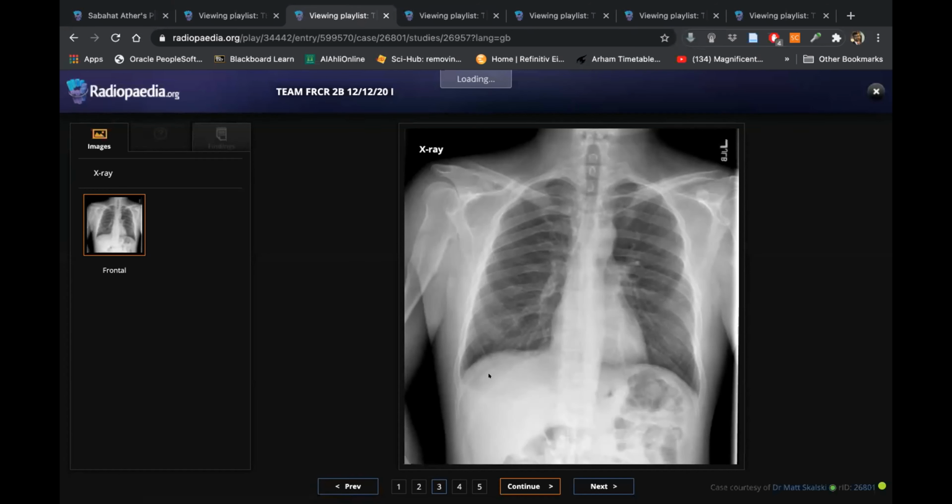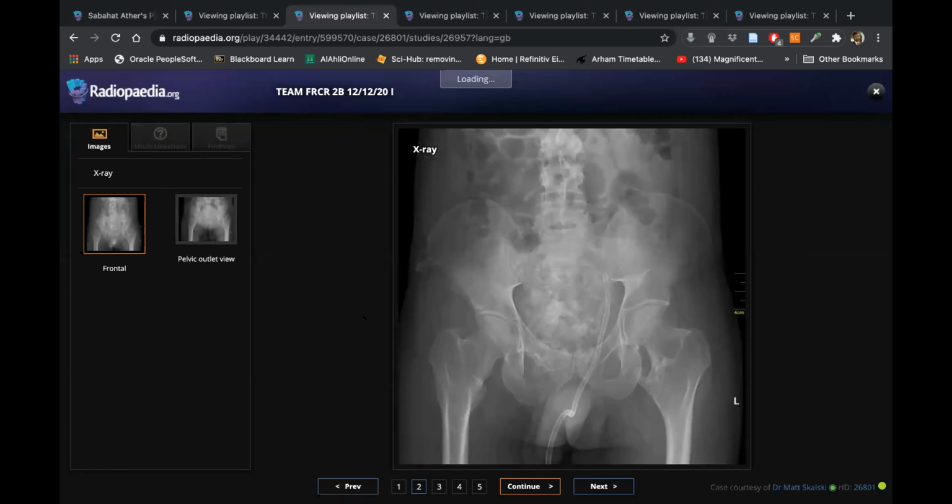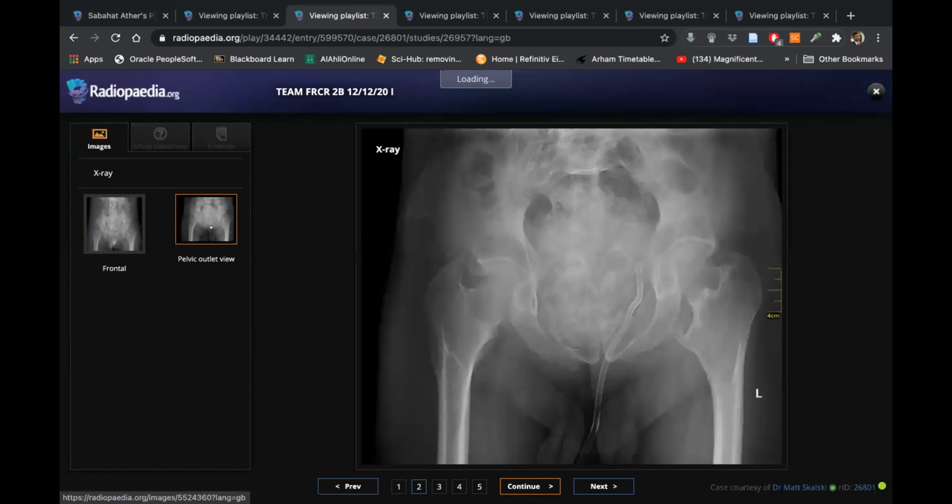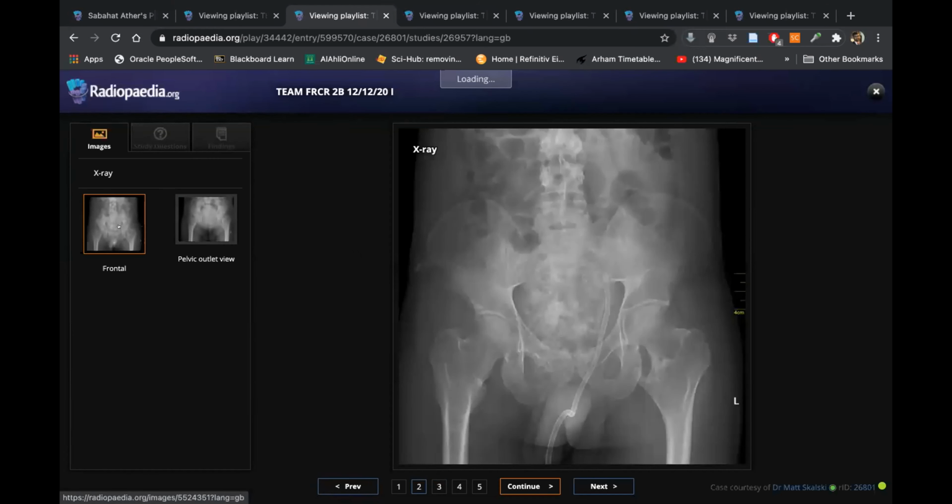Let's come to the pelvis. What do you see here? I can see a catheter in situ, and apart from that, there is some widening of the metaphyses in the left hip joint. Sorry, I mean bilateral necks of the femur appear to be slightly widened,